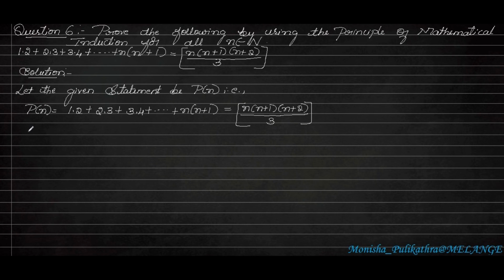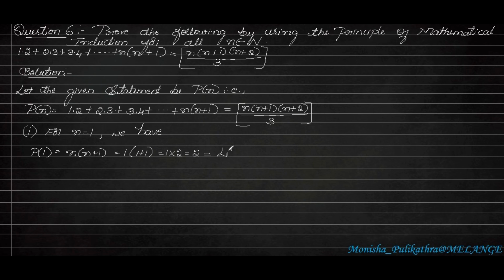The next step is we have to substitute 1 in the place of n. That is, for n is equal to 1, we have, so first we have to take LHS and RHS form. We know that p of 1, in this 1 into 2, 2 into 3 up to the last number is n into n plus 1. So we can directly take that last one, that is n into n plus 1, where we have to substitute 1 in the place of n. So 1 into 1 plus 1, that is 1 into 2, which is equal to 2.